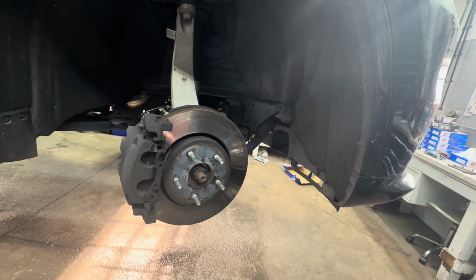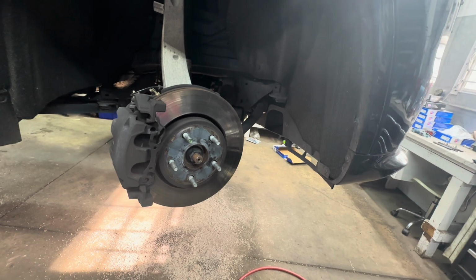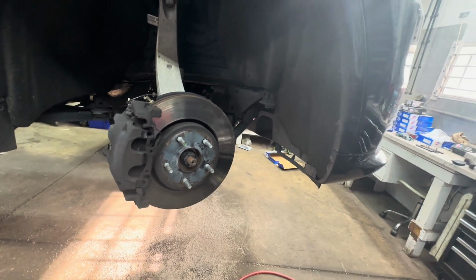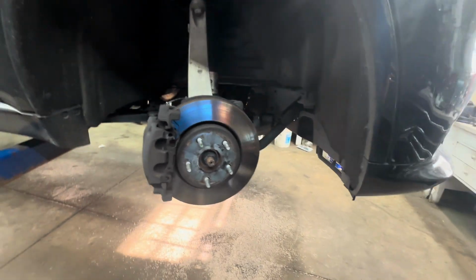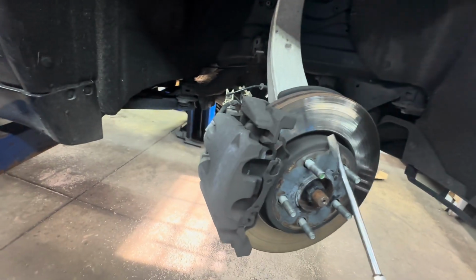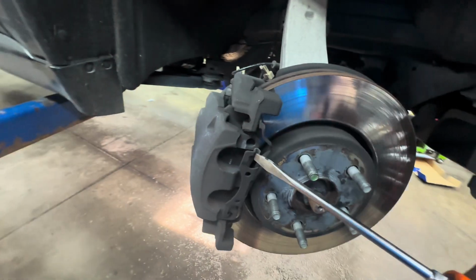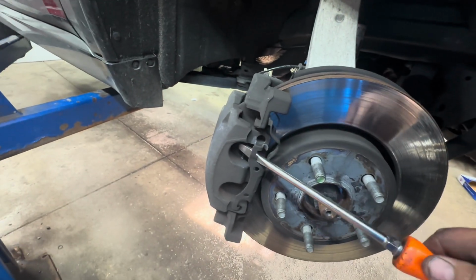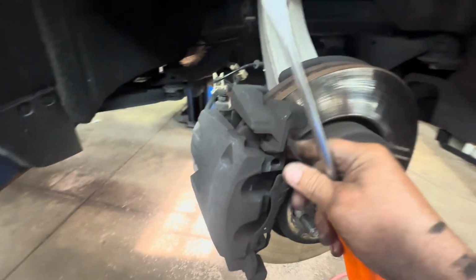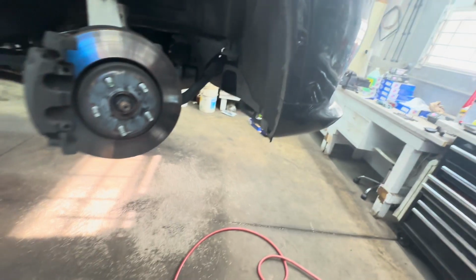And also, I think the only difference in the pads is the material and the thickness. It might be just a little bit thicker. But anyway, you need to get these calipers off. So you need to remove the retainer spring. I go underneath here and I just pried it up and it came off, and you just wiggle it that way. Put it off to the side,